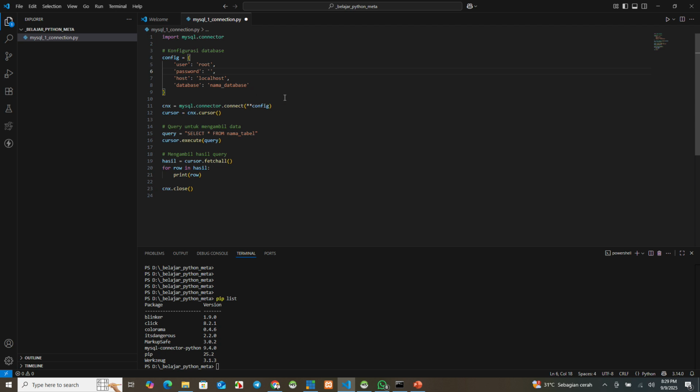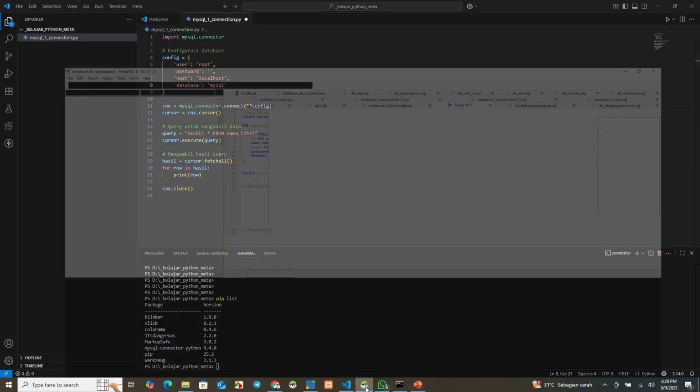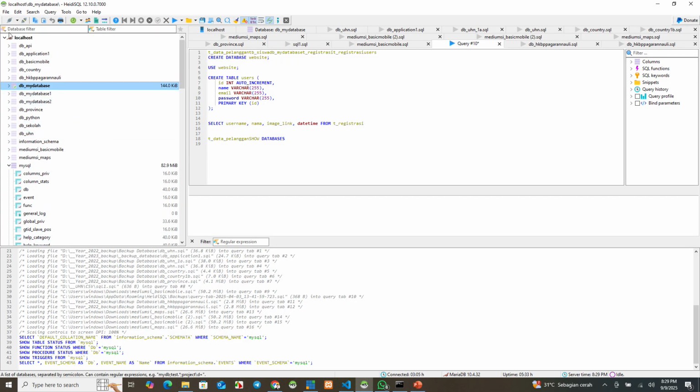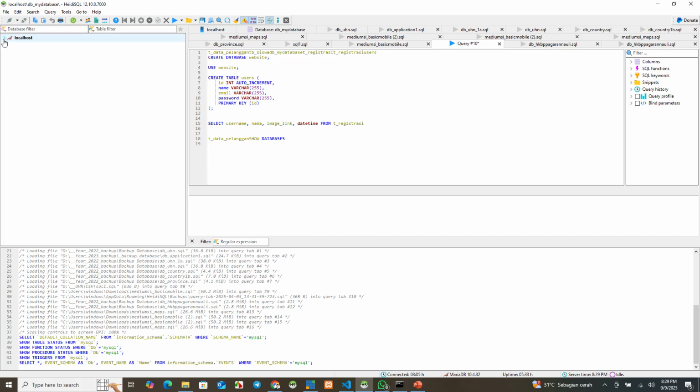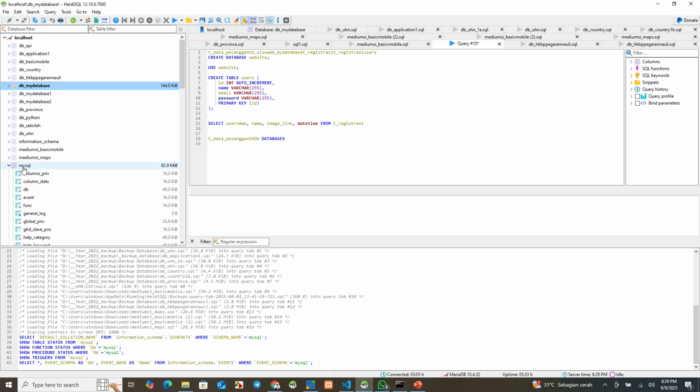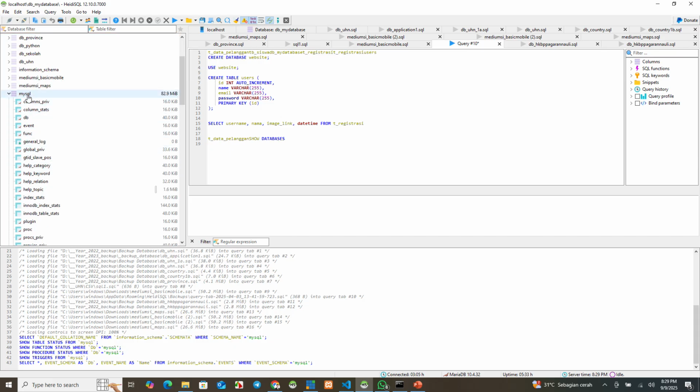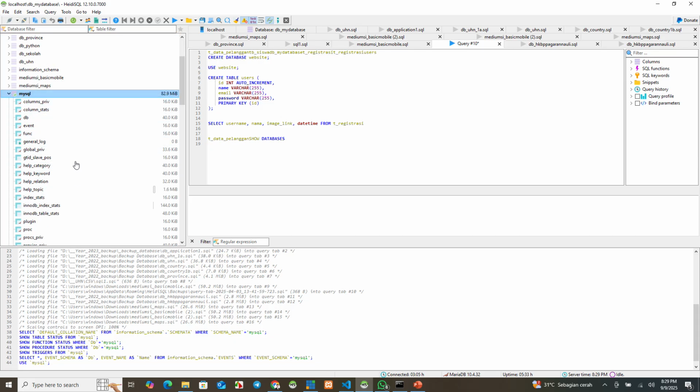And then the database, for example, MySQL. We click here, this is my database, for example, same with you. This is MySQL. We have a table here, table user.